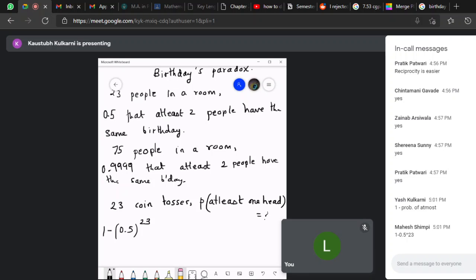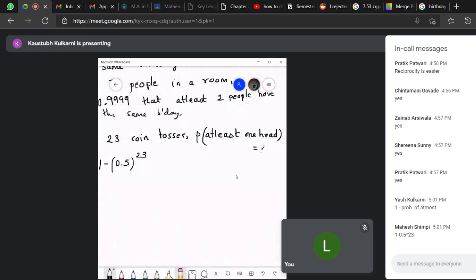Okay, so in the same way, in case of this birthday problem, what is the chance that everyone has a different birthday? Then we take the opposite of that probability and we get the chance of at least one match. Okay, so in case of these 23 people, we have